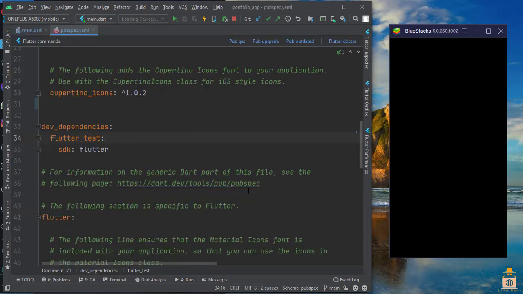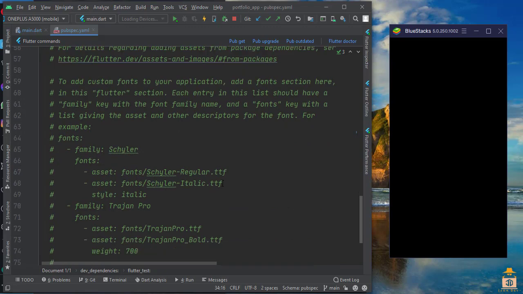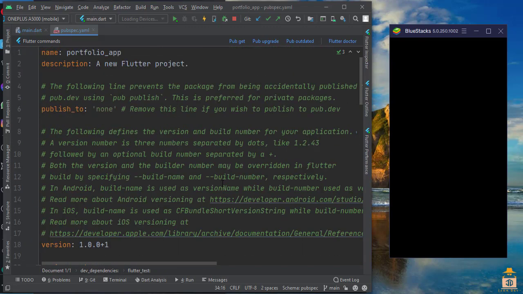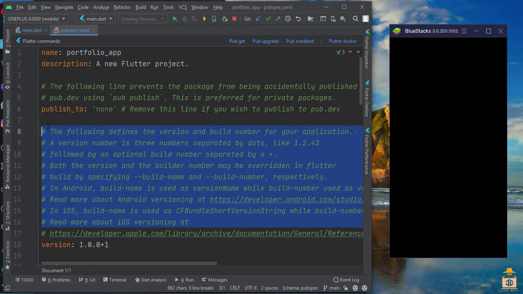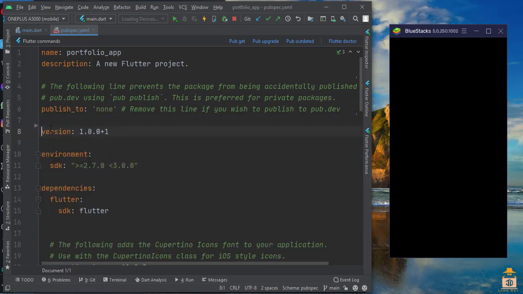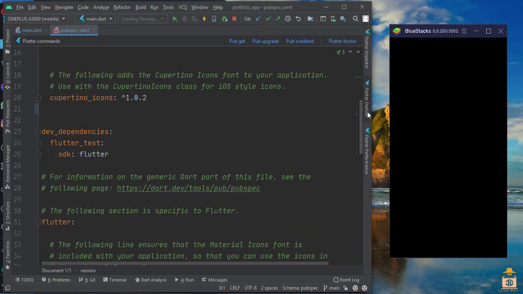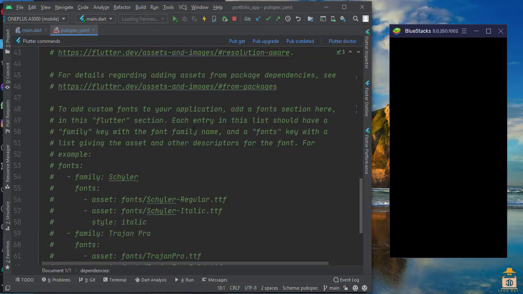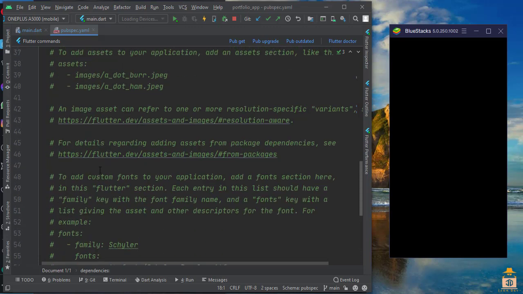You can delete all this green colored one if you don't want. Actually it's no use, you can just select like this and remove it, that's all. So all these lines you can remove if you want, it's up to you. Now if you want to use your own images from the system, what you need to do is,